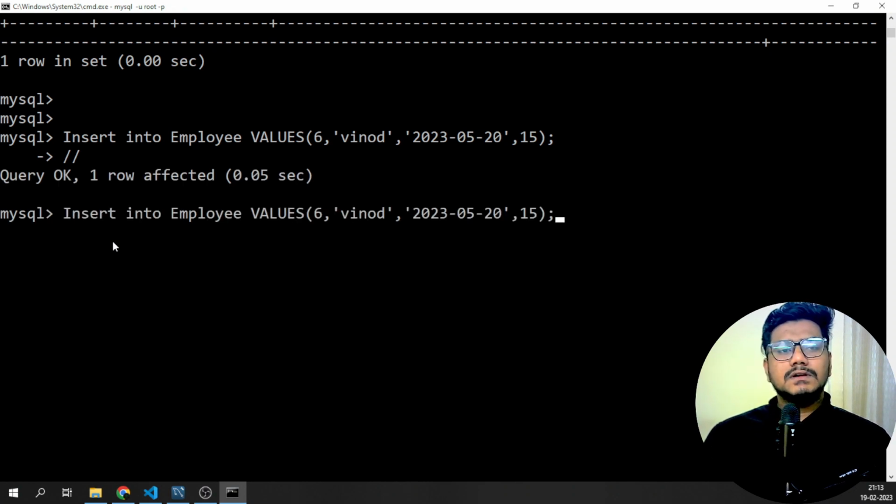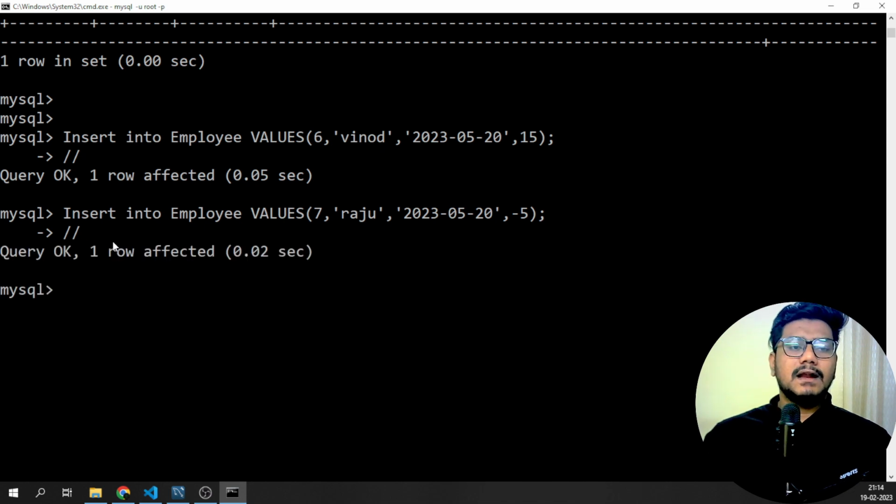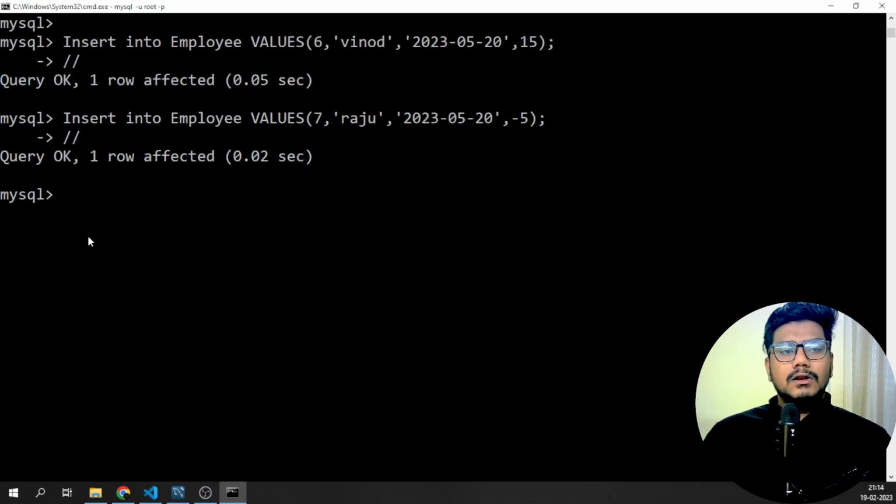Now I want to insert some more data, this time with a negative number. I'm going to give negative 5. This time I'm going to insert a Raju, with the number 7. If I enter it, you can see the row got affected. Now if I say select star from the employee,